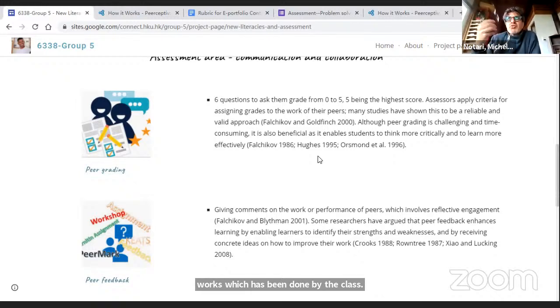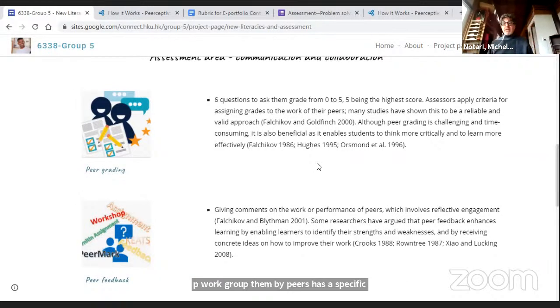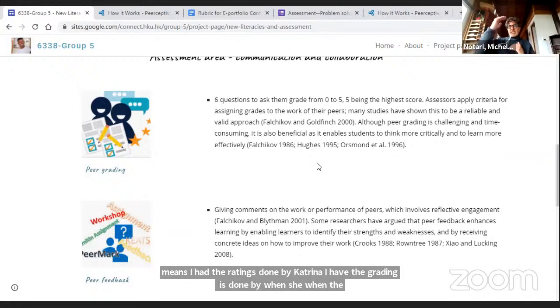In order to be able to judge whether a work is good or not, you have to know the quality criteria, and you have to be sure that you have a type of expertise in order to know that the work they assess, a peer work done by a group of peers, has a specific quality. And maybe this tool is something which helps to gather and to separate all the gradings done by the peers, which means I have the gradings done by Katerina, I have the gradings done by Weng Xiu, and the gradings done by Cecilia, and I can compare